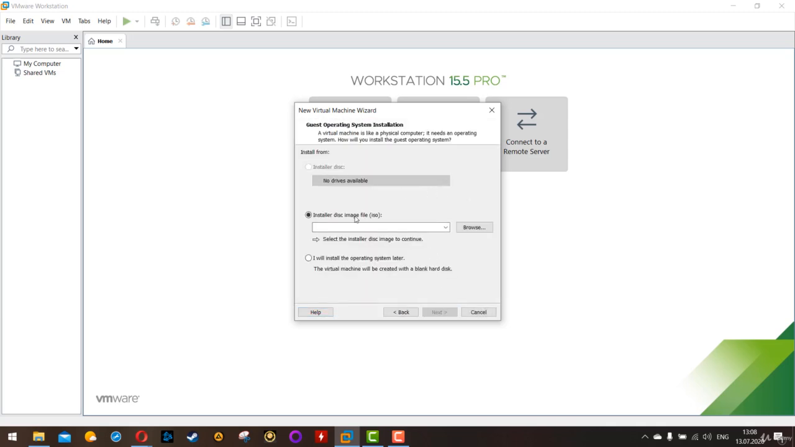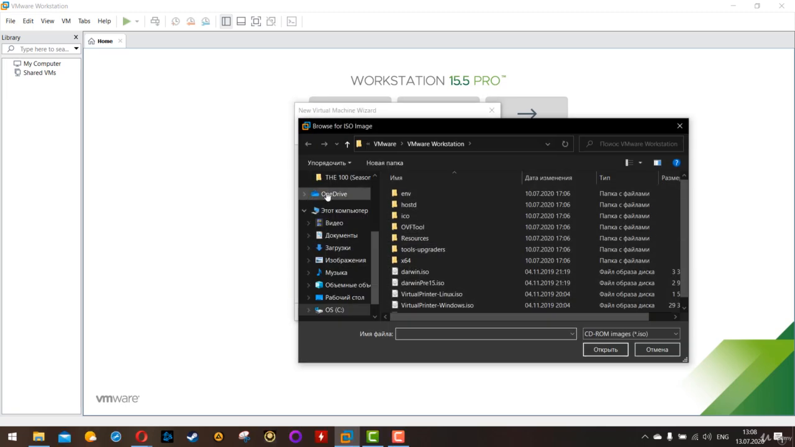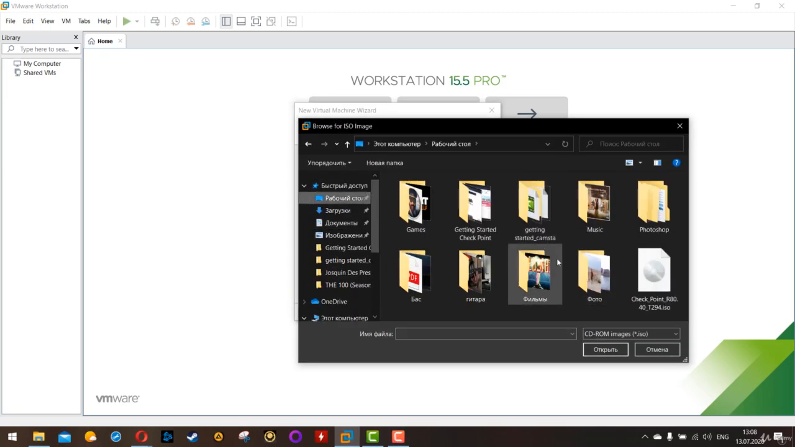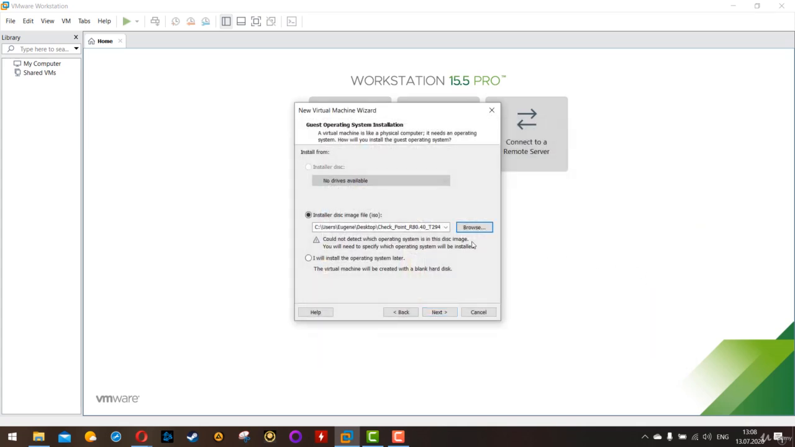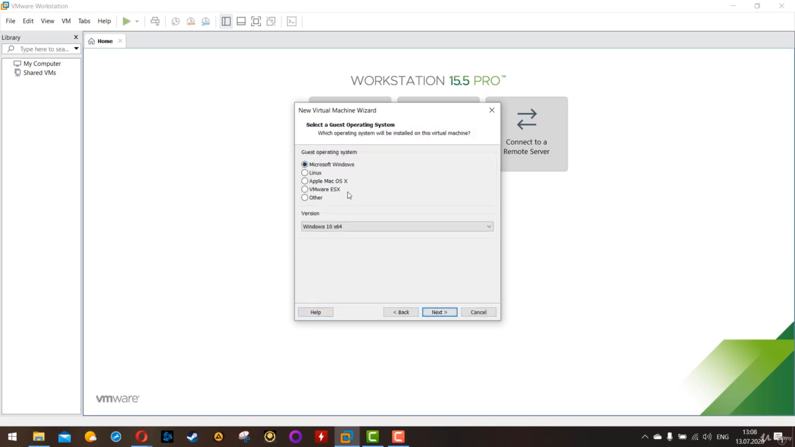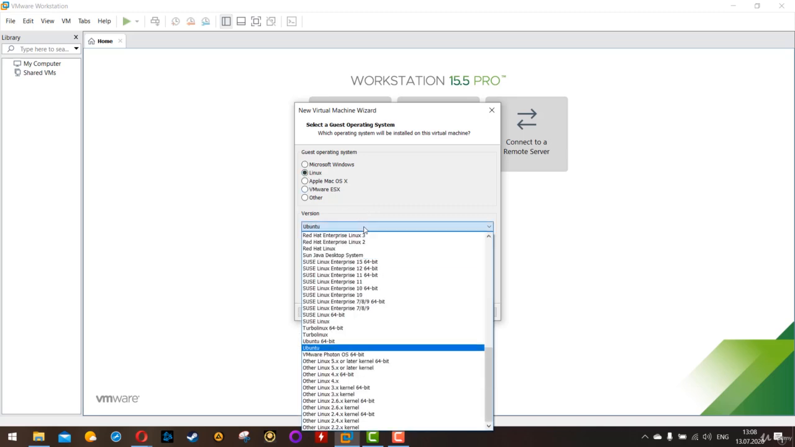No big deal here. The first thing they ask us is to provide an image, our ISO. That's what we have. We have downloaded it previously, and I have it on my desktop. Okay, it's right here, Checkpoint R80.40. It's saying it's not able to detect my operating system, and I will do it myself. So what do you choose? You go for Linux, and you